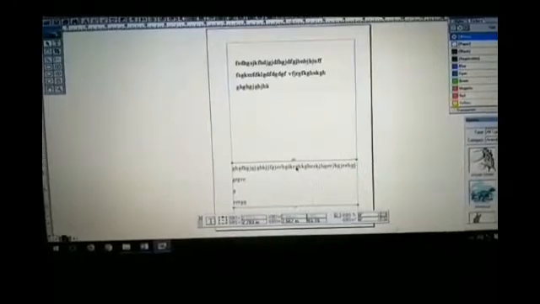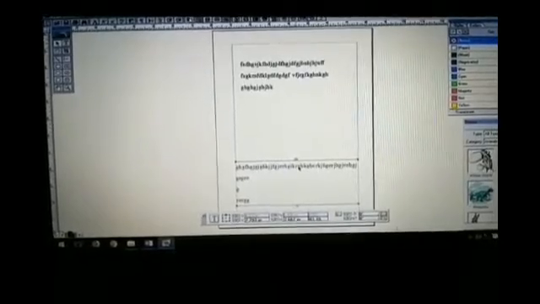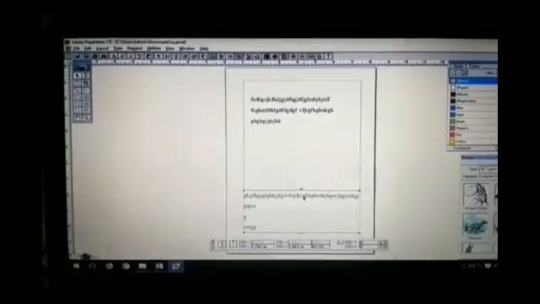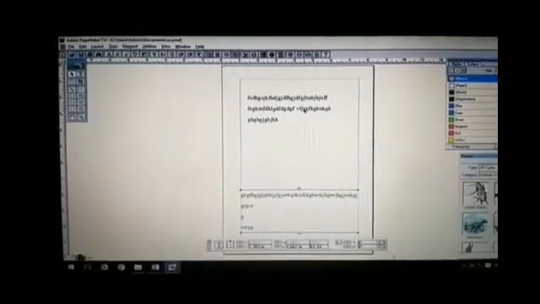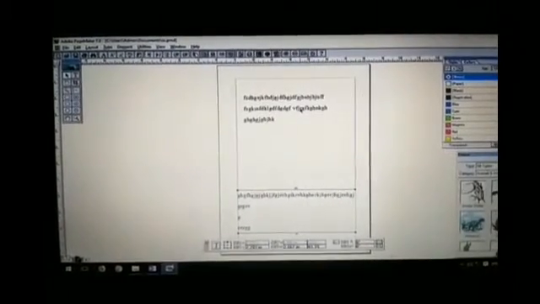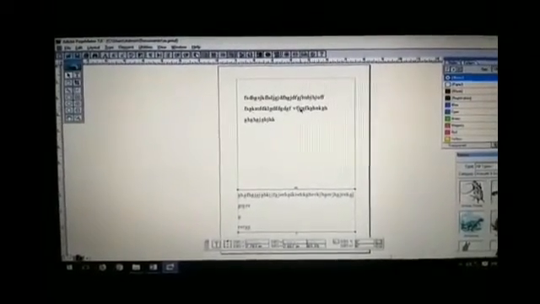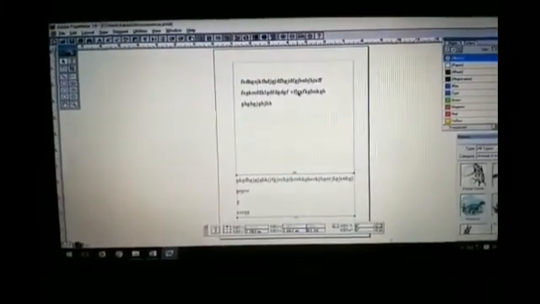Those texts connecting the text blocks is called threading. This action is said to be threading of the text, and these blocks are called threaded blocks. So what are threaded blocks? The blocks which get connected with another block are called threaded blocks, and the action of connecting the two text blocks is said to be threading.